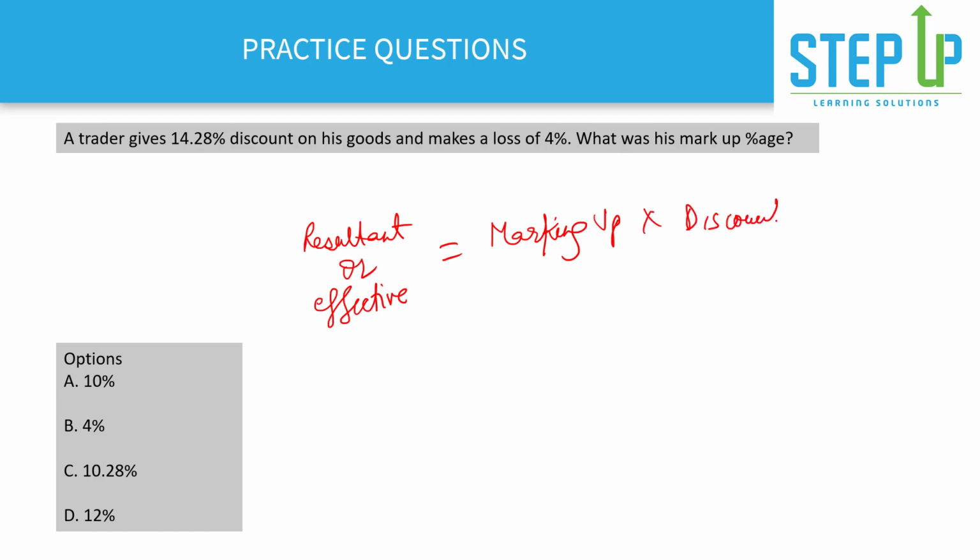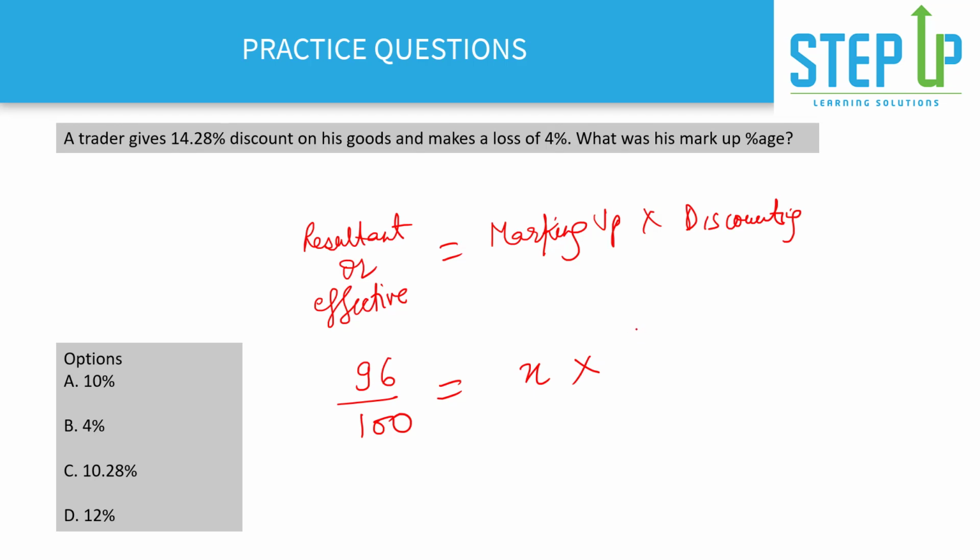This is the simple equation that we were using. Now the resultant effective change is 4% loss, meaning finally it is 96 upon 100 in SP by CP form, and this equals marking up, which is what we have to calculate. Let's assume this is X into